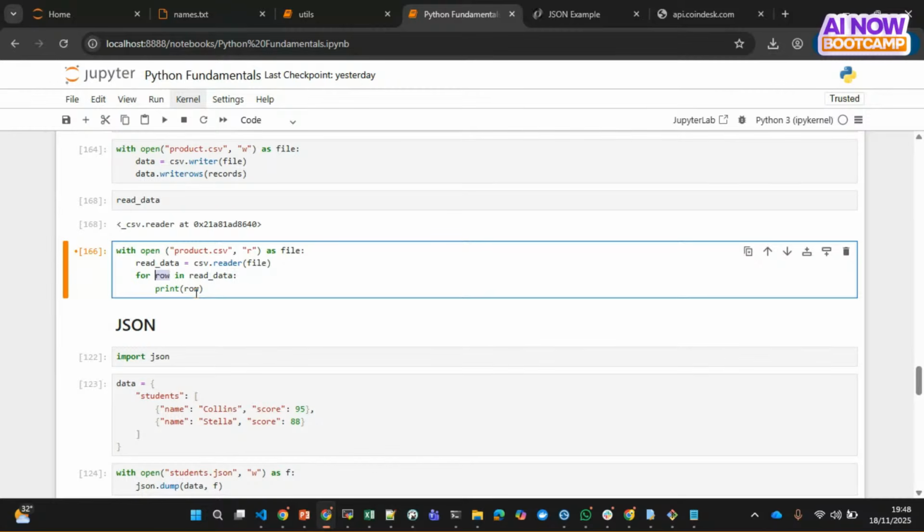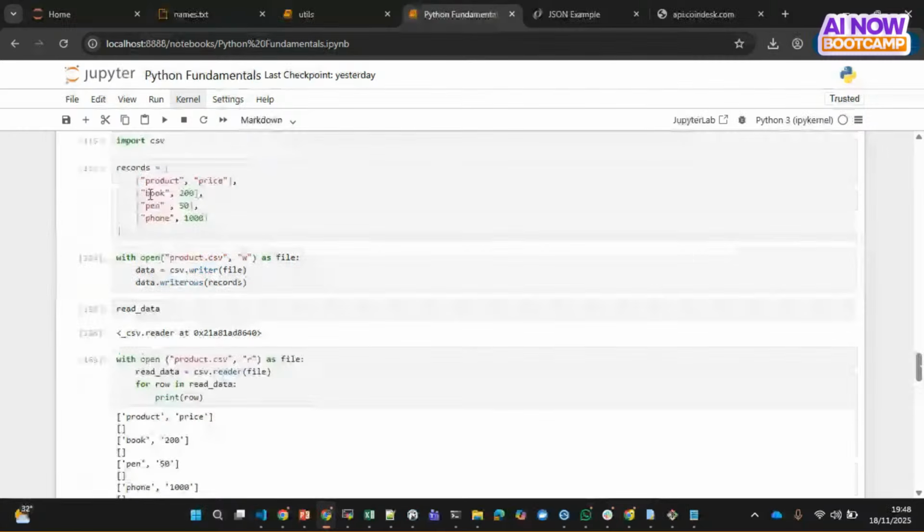Remember, these are the rows in our CSV file. We had our three inputs, which is book, pen, phone, and you can see right here we have book, pen, phone, and